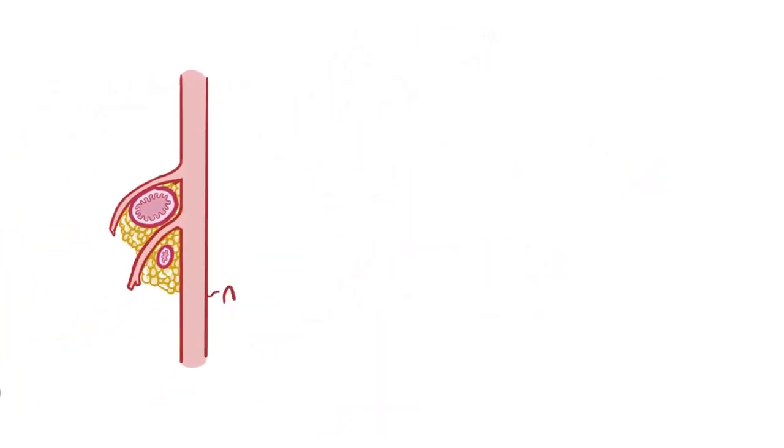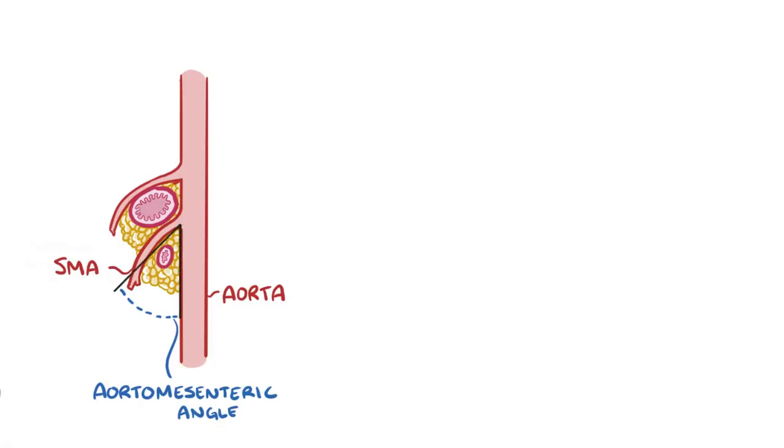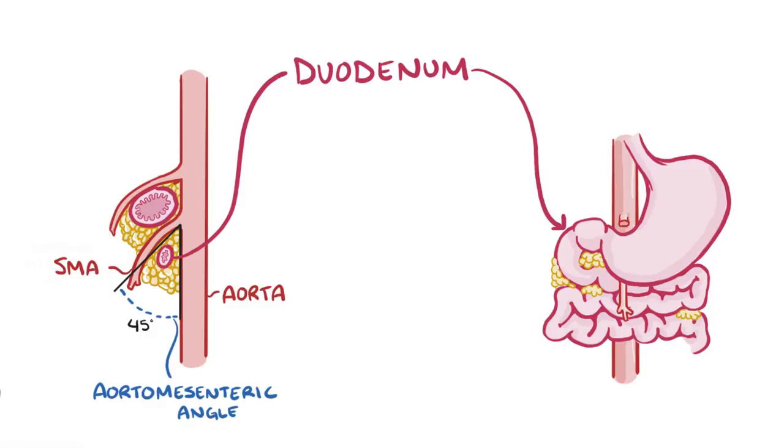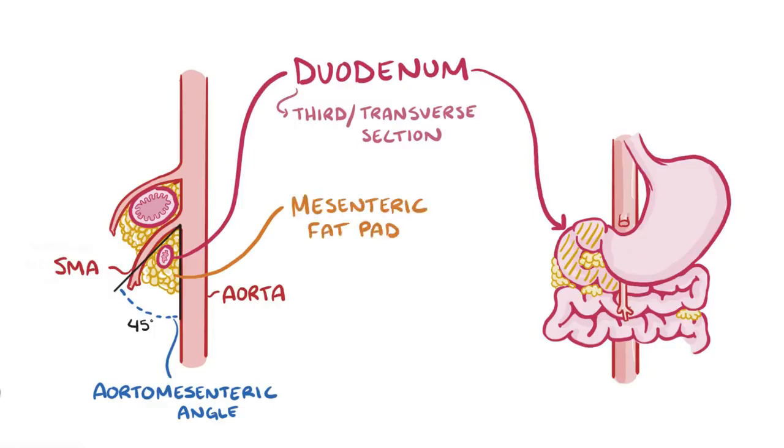Usually the angle between the aorta and the superior mesenteric artery as it branches off, the aortomesenteric angle, is around 45 degrees. It turns out that the duodenum, which is the C-shaped first section of the small intestines, passes through this little archway. More specifically, it's the third or transverse section of the duodenum, and as it passes through, it's cushioned by the mesenteric fat pad, which is a collection of fat that protects the duodenum from getting crushed by